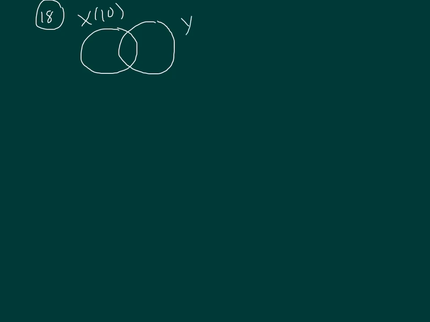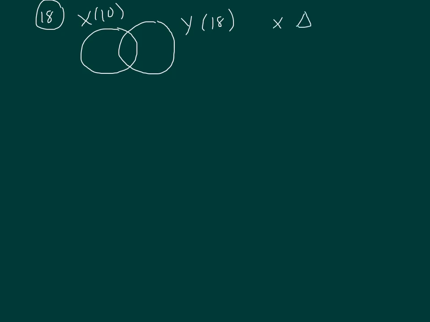Number 18 in the green book, and it makes me think we should do this with a Venn diagram, because you have set X, and set X has 10 integers, and then you have set Y, which will be my circle on the right, which has 18 integers, and I'm trying to figure out, they give me this notation,